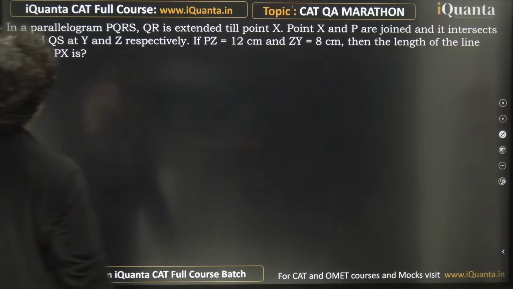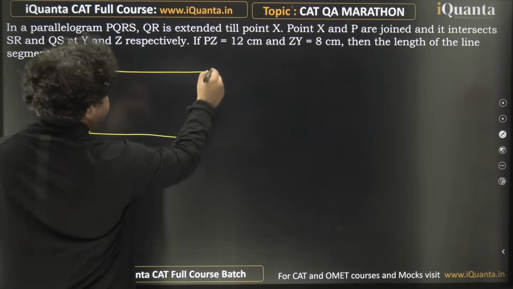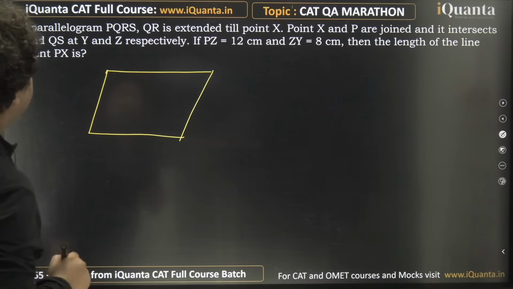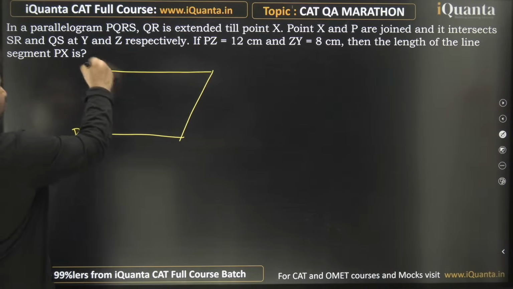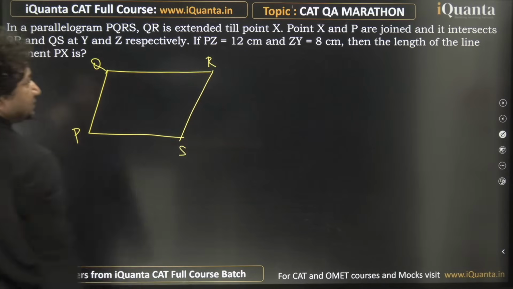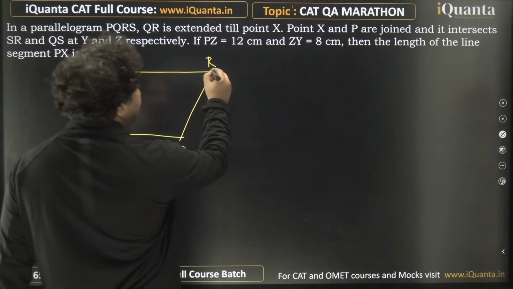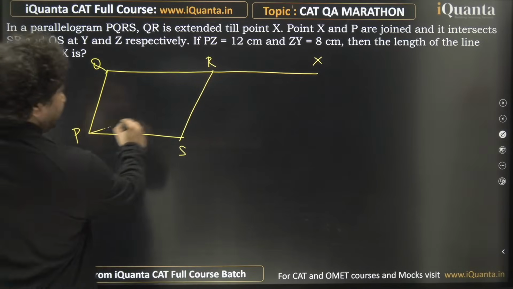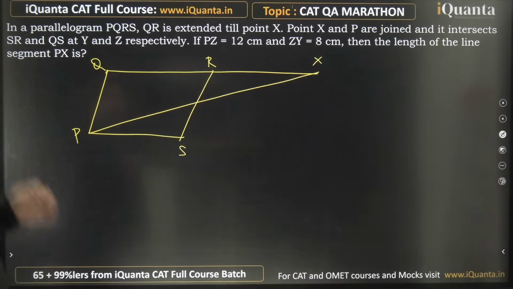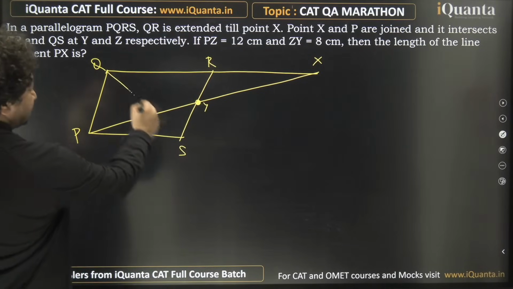How many of you are able to form the diagram? So let the diagram look like this: P, Q, R, and S. Okay. So they are saying QR is extended till point X. Okay, let me extend it. Let this be point X. And then X and P are joined. Let me join them. And it intersects SR at Y and QS at